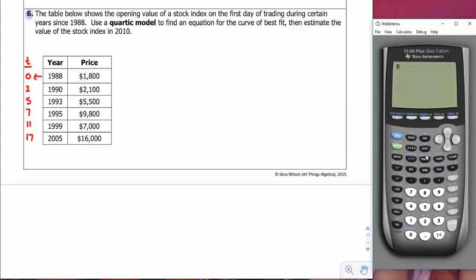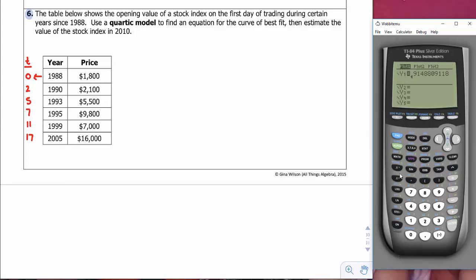Okay, so once we have our data in, remember we're going to go back to stat, go to calculate, and in this case, they want us to do a quartic model. So we're going to go down to quartic regression, which is 7, and just hit enter until we get our equation. And there we go. So we have our equation. I'm not going to write this whole thing in because that would be kind of annoying. I'm just showing you what you can do with it and how these give you the equation. But what we want to do is copy this into our graph. So let's go up here, clear our y equals, and plug in that equation. We're going to go vars, statistics, equation, which is the right arrow, hit it twice, regression equation,